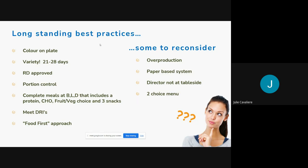On the paper-based system, I think I talked about that, and the time that it takes to create menus from scratch on a paper-based system. And the other thing we need to consider is taking the director, the nutrition manager, out from under the menu planning tasks that take so long and bringing them back to the table side. They need to be in the dining room. They need to be talking to the residents. They need to be getting the feedback. They need to be seeing what's being overproduced, what's in the kitchen, how things are being cooked, if people are happy, and not stuck to the paper and pen of creating menus,